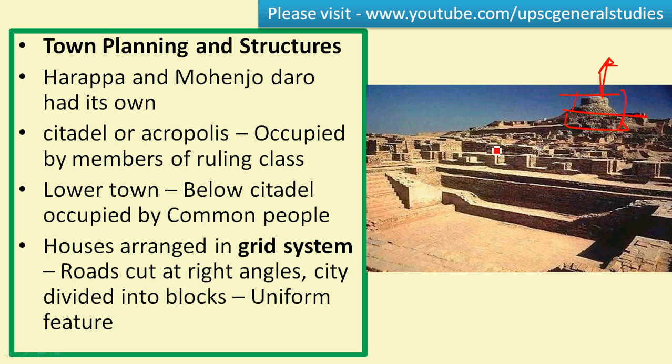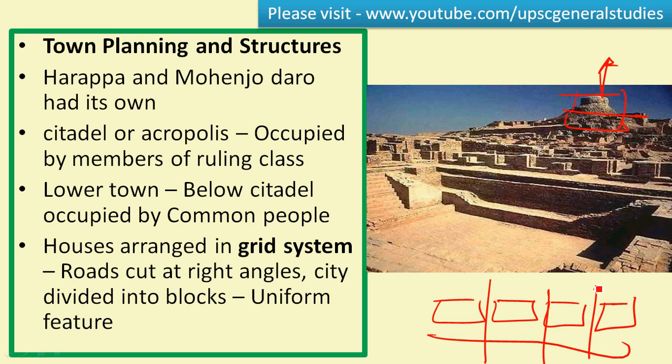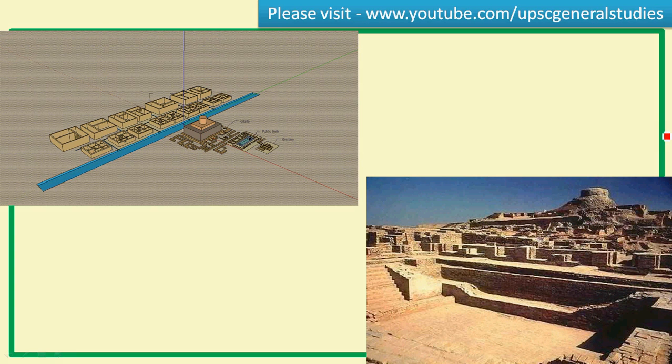Here the houses were arranged in a grid system, like grids, and these grids were interspersed by roads. These roads cut the houses at right angles to each other. So this is a uniform grid system. This was found in almost all the sites of the Harappan civilization, majorly the developed Harappan sites. So this is the unique feature, and this is the blueprint of a Harappan site, where you can find the citadel